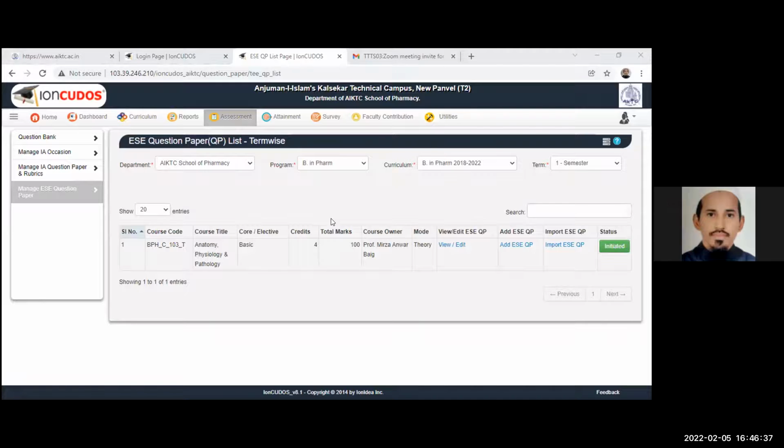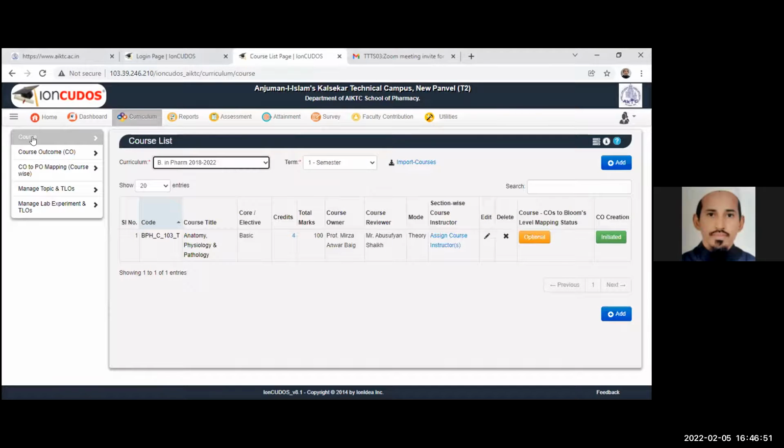It will be easy once you are doing it now. Practice makes a man perfect. As you are doing it now, with practice you will get to know all these details. So what we have completed till this point: in curriculum we have added course outcomes, CO to PO mapping, then lesson plan. Then we have completed assessment.